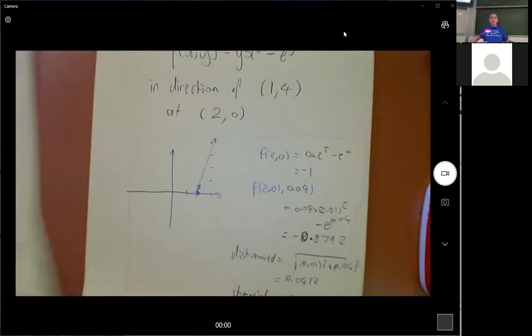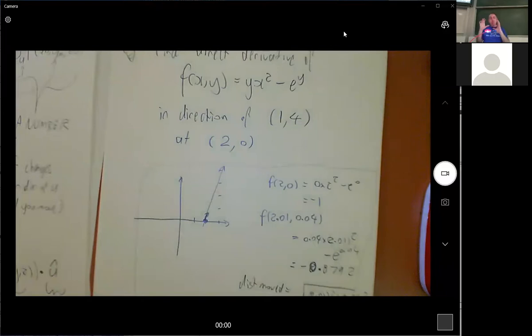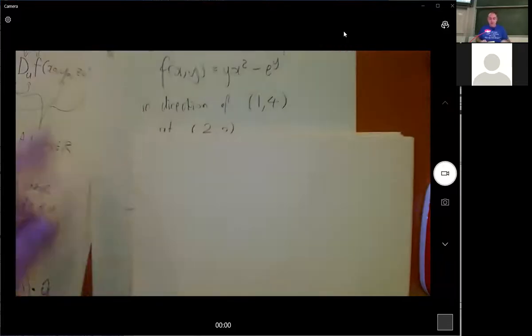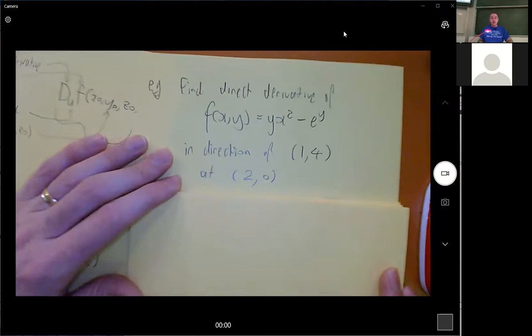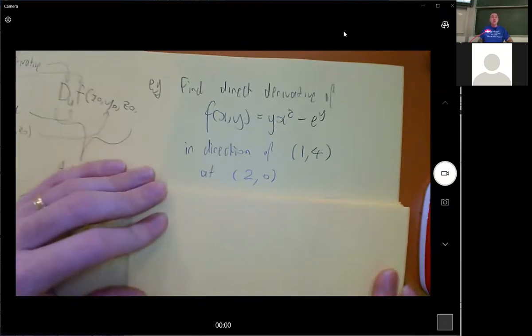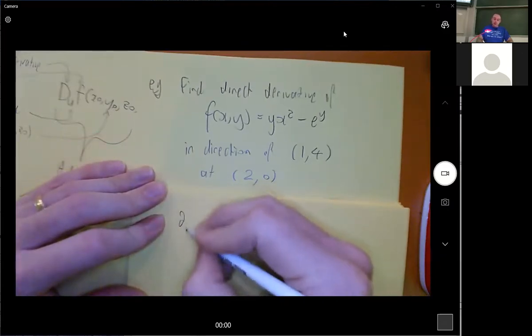Yeah. So that's just what's in my head, the literal calculations: if I go this far, how much does it change, and how big is that relative to how far I moved? Okay. So let's actually do the calculation. To do the calculation, I need to find the gradient first. And to find the gradient, I need the derivatives. And so I need to do df on dx,